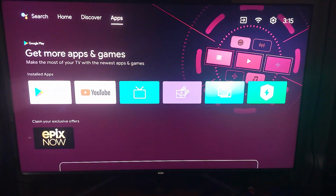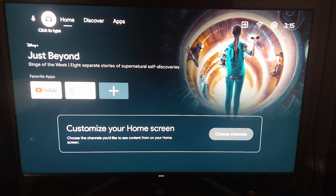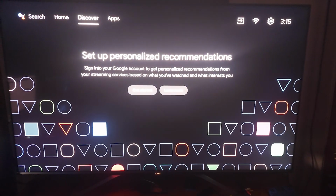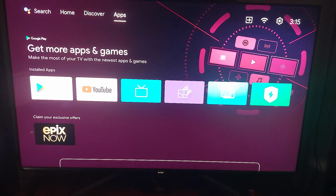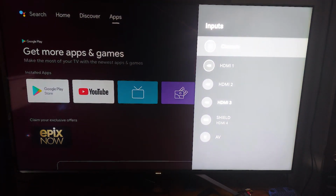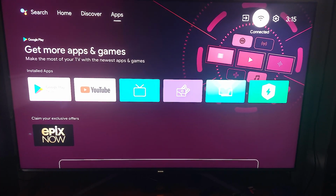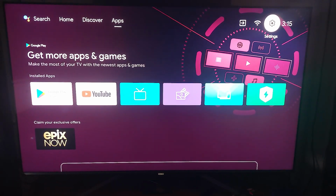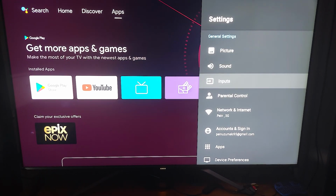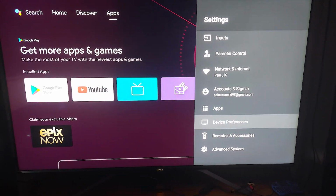So right off the bat, you see here we have Google Assistant right there. Click the type, keyboard, home, which is the home, discover, that has to be set up, and also there are apps. Now the inputs is pretty nice and simple. There's my Shield on HDMI 4. I am connected to my Wi-Fi through 5G, and I have settings right here. So generally, it has picture, sound, inputs, parental control, networking, internet, accounts and sign in, apps, device preferences, remote accessories,